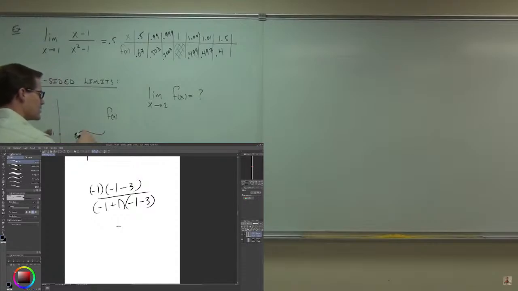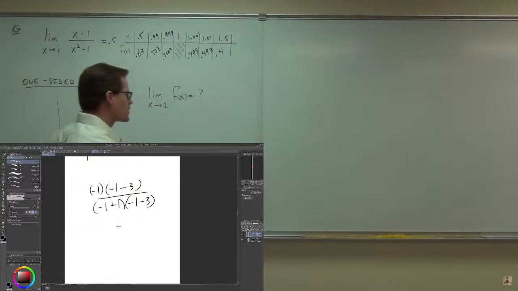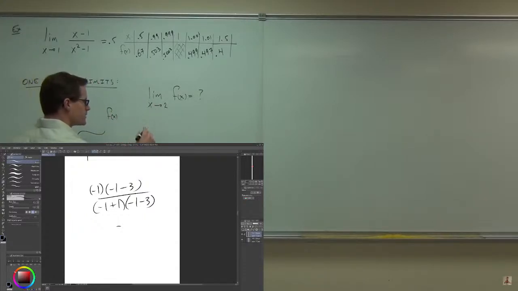I want you to look at this. Which way would be from the right? Over here or over here? Option 1 or option 2? From the right would be this way, true? We can actually have right and left-sided limits. So here's how you write that. A right-sided limit